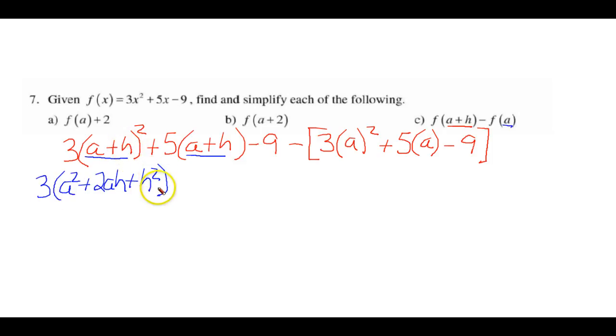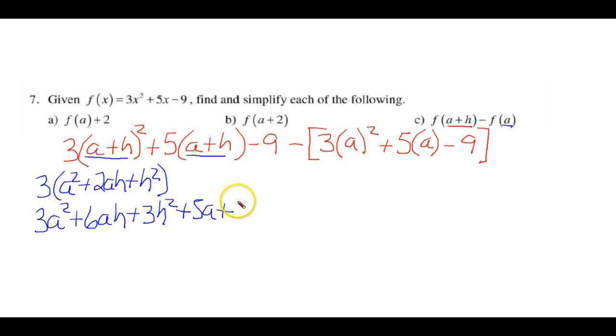Now I'm going to clear parentheses by getting 3a to the second plus 6ah plus 3h squared. Now I can expand this and get plus 5a